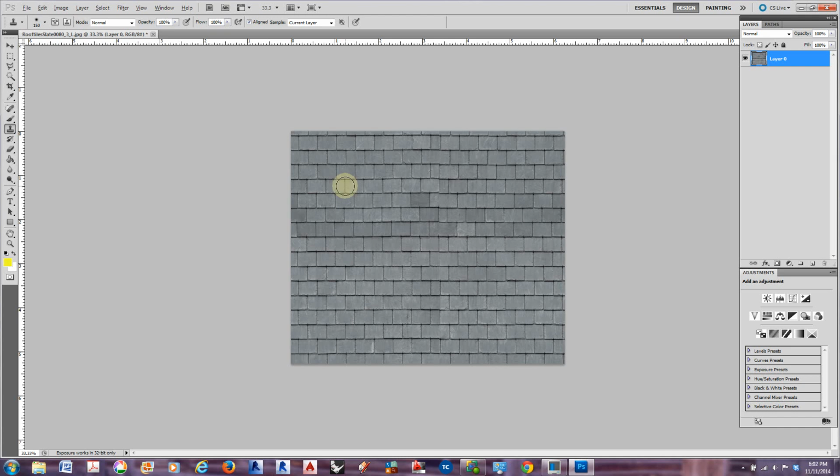But if I hit the Alt key, I can select a certain area that I want to clone. So for instance, right there, and then I can move over and clone that area to another area in the image. And so you can start to clean up